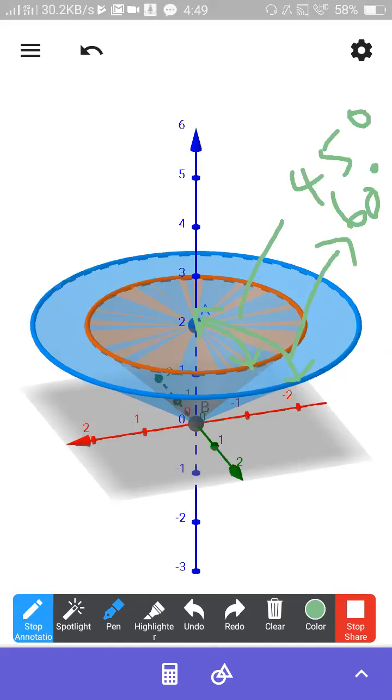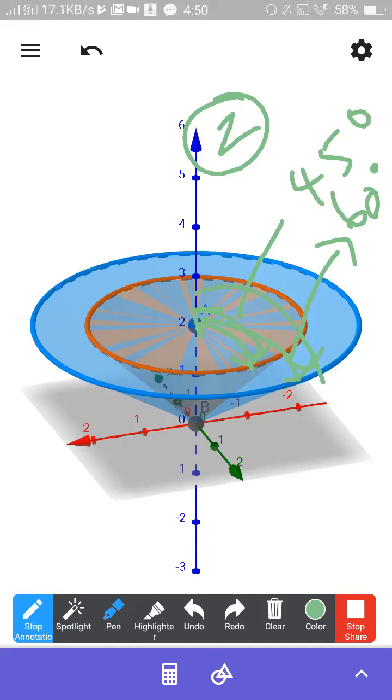But please remember one thing. Once I keep on increasing the angle, my height is fixed. In both cases, the height of the cone is fixed, but the angle is getting changed. Theta means the measurement from the z-axis. Theta is always the measurement from the z-axis. So my angle changes.